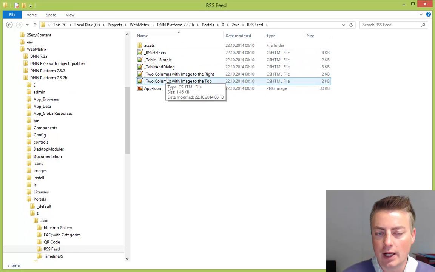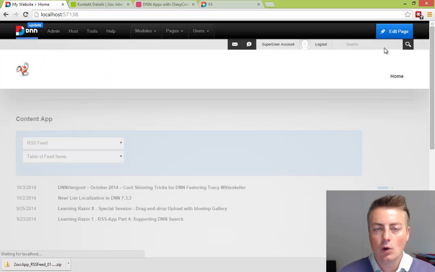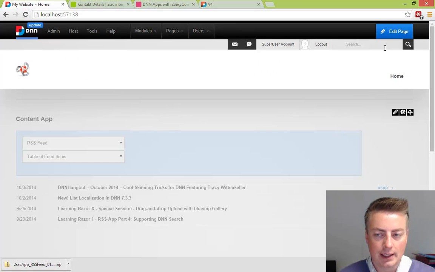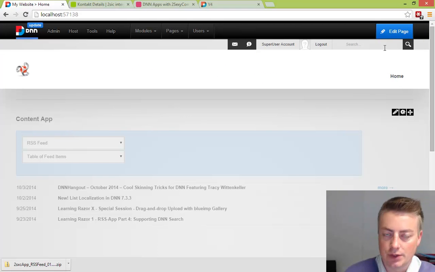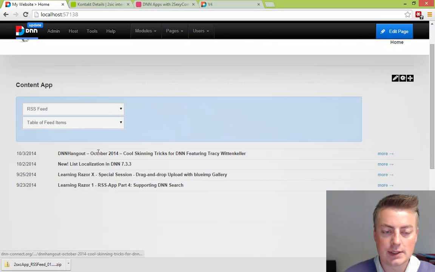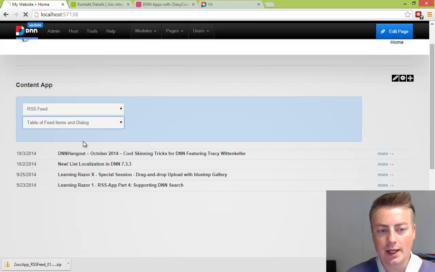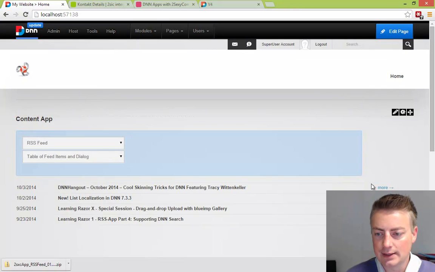We have a few different files which I just created various views for, and since it's all open, and if you would get this app from somebody else, if people use Razor to pre-template the output, it's much easier to configure. So what I already did just in preparation for this is the trivial list where the more goes directly to the article. Then here's the next one, which says, well, this one has a dialog, and you'll see that